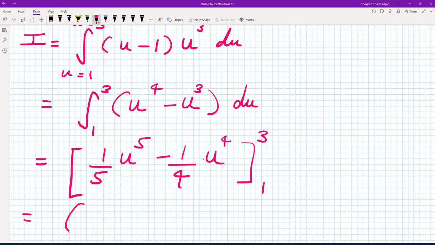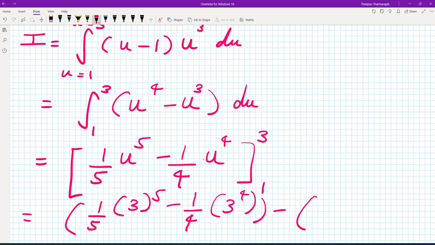Let's substitute these values in. So we get a fifth times 3 to the power 5 minus a quarter 3 to the power 4, minus, substituting 1 here,